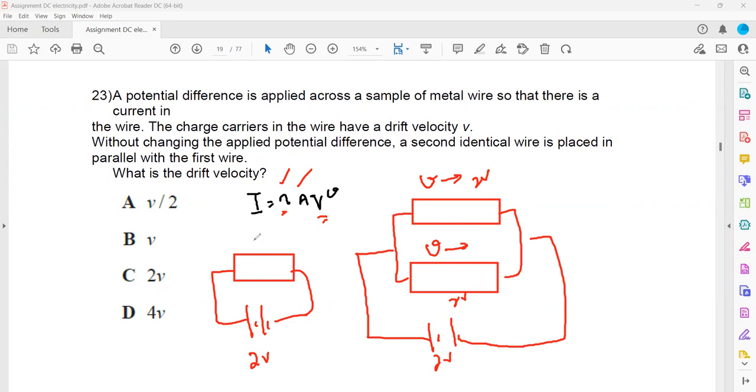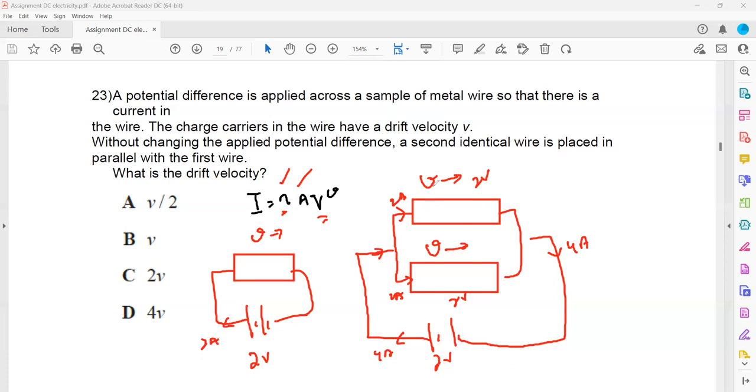No, here also V is there. Total current in the circuit will be double. Like for example, if here the current is say 2 ampere, here the current will be 4 ampere. But that 4 ampere will divide as 2 ampere and 2 ampere, and then again it recombines to 4 ampere. Because when they are connected in parallel, the combined resistance of the circuit will decrease, so the total current in